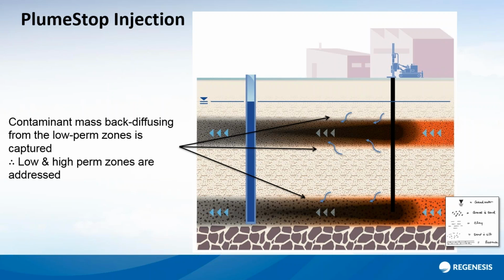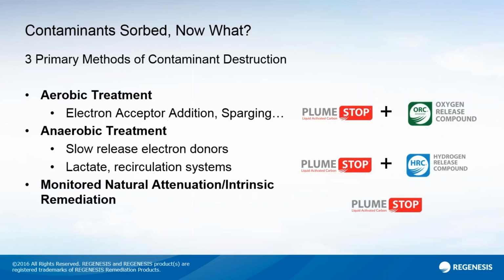And the other thing is that PlumeStop is a platform. So you can support a variety of biologies or chemistries: aerobic, anaerobic degradation, different abiotic reactions. So quite often with PlumeStop, you may co-apply with different reagents to establish, again, the biology or chemistry that you're looking to support. But anyway, let's get back to why you're really here, and that's to look at some